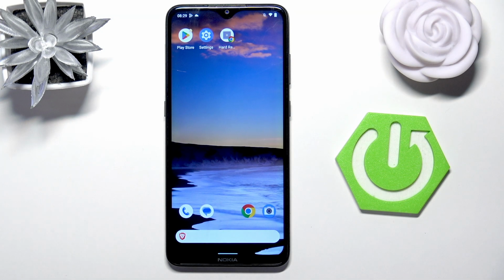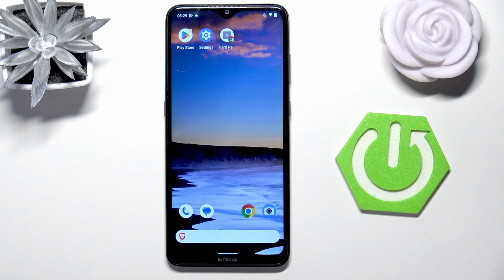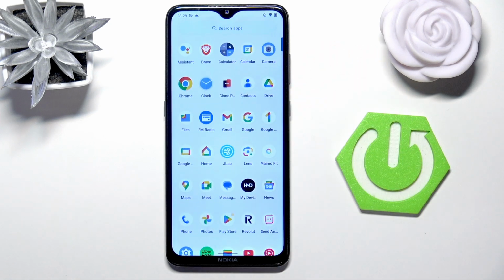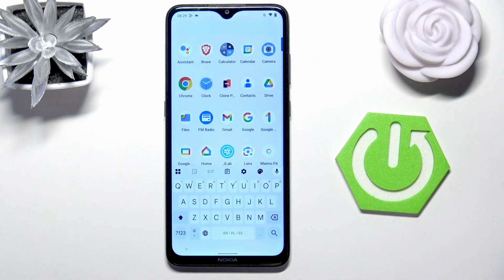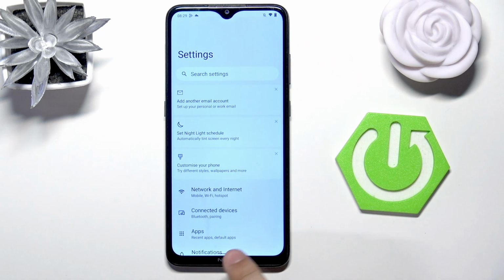First, we need to open up settings. They should be on your home screen, but if you can't find them, all you need to do is scroll up, then click on search bar, write settings, then go to apps,